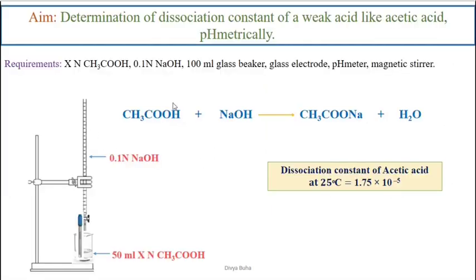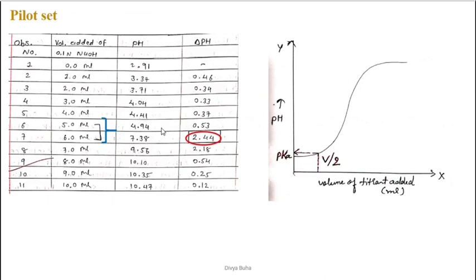Okay, over here acetic acid is a monoprotic acid and it is having one proton which could be dissociated, right? So that's why you will be getting only one equivalence point. Now from this table, that is the pilot set table, you have to draw a graph of pH versus volume of the titrant which is being added. So pH values versus the volume of the NaOH which is being added, you have to draw that graph.